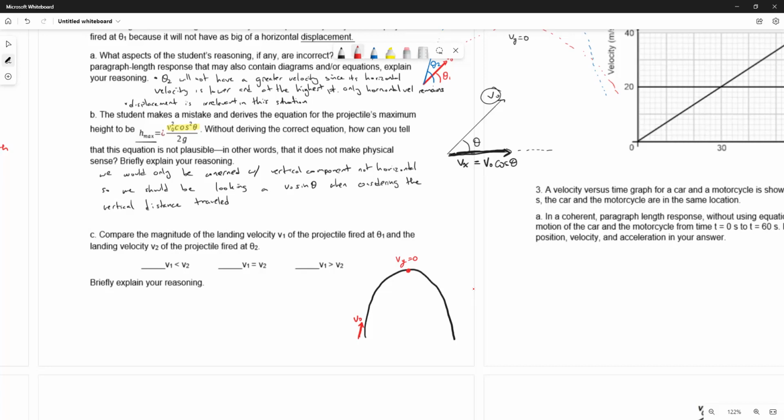As it comes back down, it begins to gain it back. So by the time it hits the same vertical position, the velocity is regained in the y direction, and so the velocity has basically changed direction. It still has the same horizontal component, but the vertical velocity is equal and in the opposite direction as it was